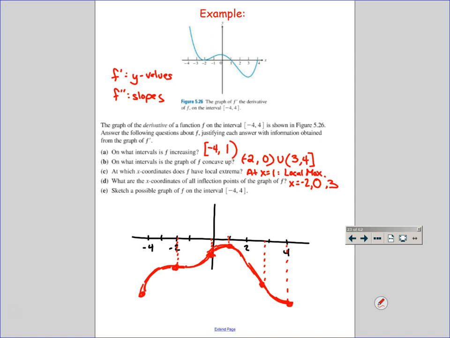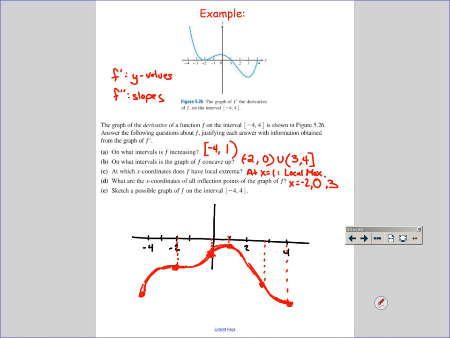Because what happens at 0? F prime levels off, which means f double prime is 0, and then f double prime changes because f prime starts decreasing. So therefore concave up has to change to concave down. Still increasing, because my derivative is still positive until 1. Then what did my derivative change to? My derivative changes from positive at 1 to negative. Can't say decreasing. I have to say negative. My derivative changes from positive to negative, which means my function changes from increasing to decreasing,